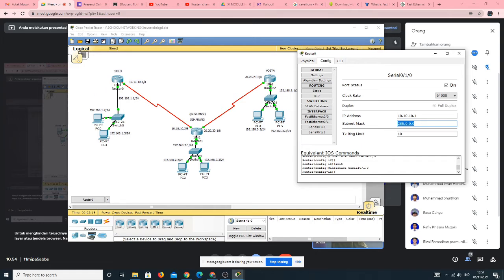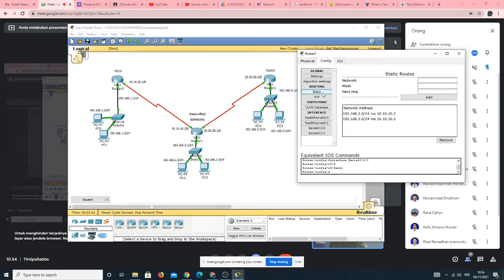Now, to open the route between Solo, Semarang and Jogja, we are going to configure the IP route in the CLI. But you can also use config, then routing, and then static for the IP route.